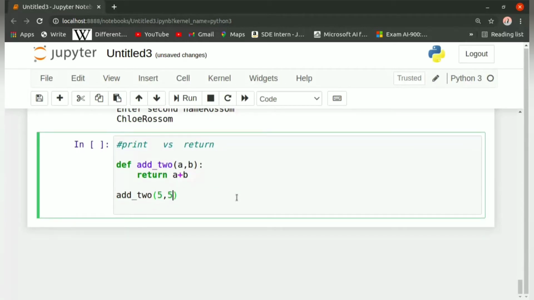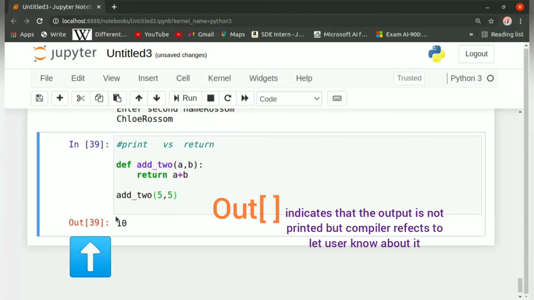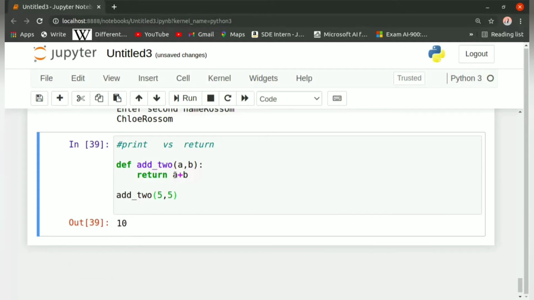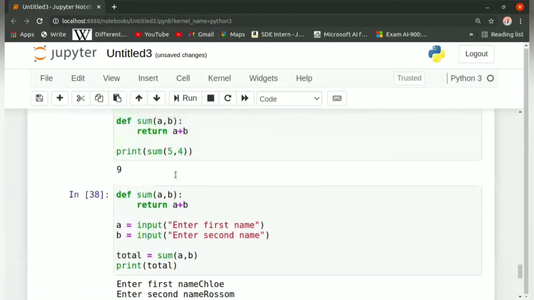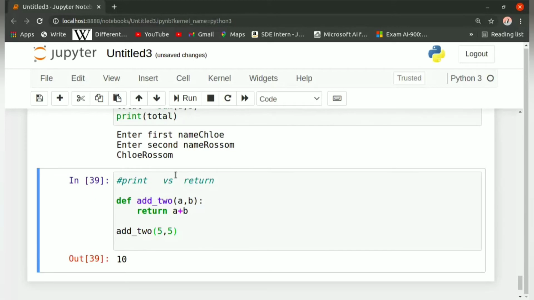Let us execute this and see. We are getting nothing, but this is the correct code. This is because the function is returning some value, but now we can either print it or store this value in another variable.